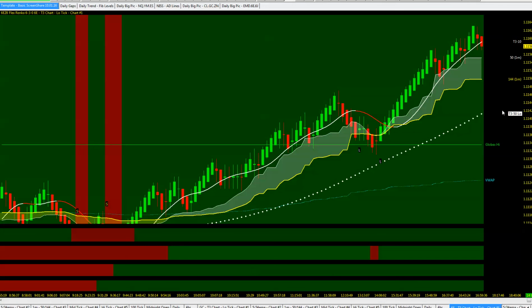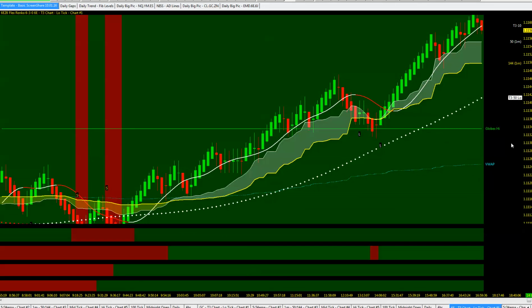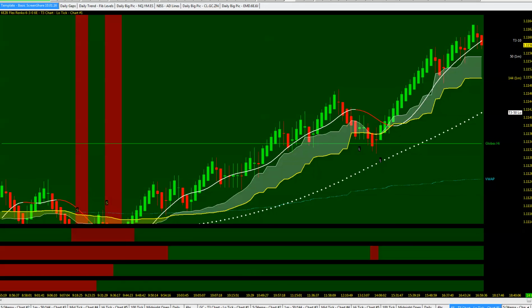And 6E together with the indices, as indices rode down, you had another opportunity on the 6E to the upside. Nice moves. Again, a lot of indecision candles here in the mid-morning session. We had a lot of chop. Finally, we got a nice little pop. Price action in 6E finishing to the upside. So nice uptrend to finish out the day.